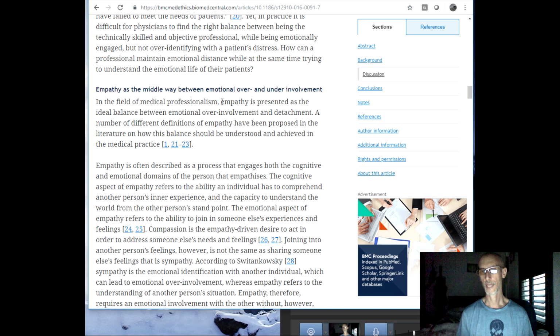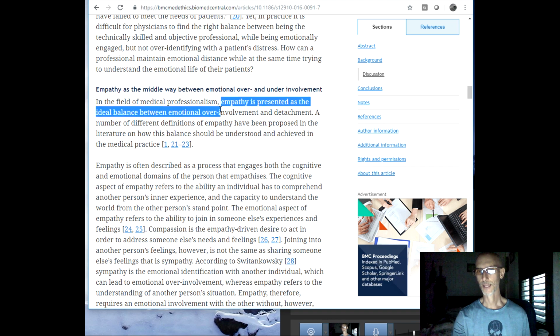Now, what's being looked at here, and it has been for a while actually, is the fact that these health practitioners are more prone to getting burned out if they're not expressing some empathy. And so actually empathy is an ideal balance between emotional over-involvement and total detachment. Total detachment is dissociation. When you totally detach and you avoid empathizing, you underemphasize it, you're not doing yourself a favor. It's self-destructive when you detach. When you empathize, there's benefits psychologically for the person that's empathizing.